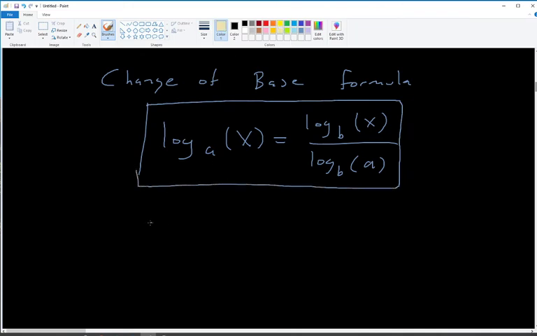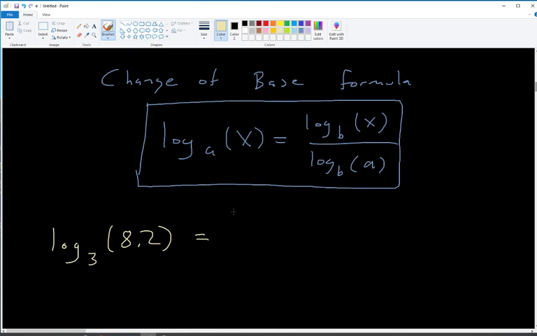I think it's going to be easiest for us if, when we want to convert over, you guys have natural log and common log as buttons on your calculator. So we're going to convert everything over to natural logs for this section. And so this finishes out with stuff like if you guys want to evaluate, say, log base 3 of 8.2. We don't have a log base 3 button on our scientific calculators. So you kind of get stuck and say, well, I can't really type this into the calculator that I got for the course because it doesn't have a log base 3 button. So we're going to convert this over to a log button that your calculator does have,